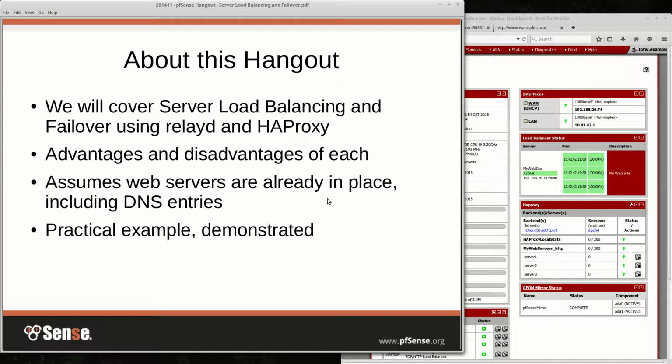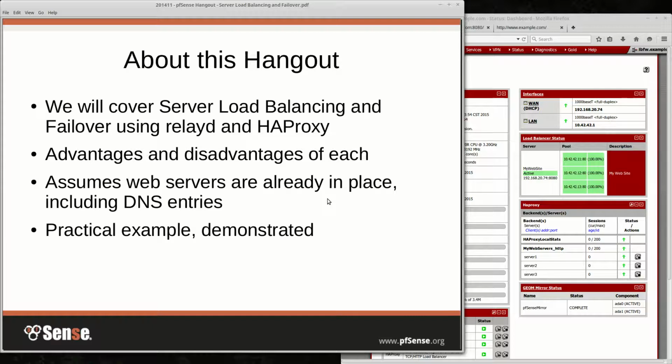All right. In this Hangout for this month, I'm going to be focusing on server load balancing and failover using both the built-in load balancer, RealAD, and an add-on package, HAProxy. I don't know if you say it HAProxy, HAProxy, whatever. I will just say HAProxy just because that's what I'm familiar with.